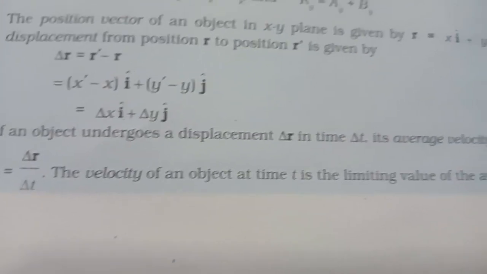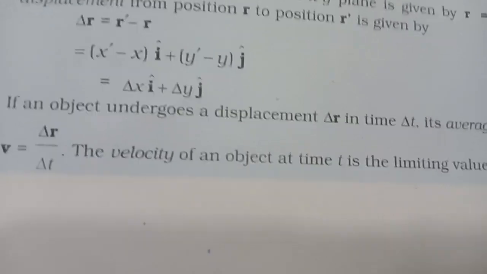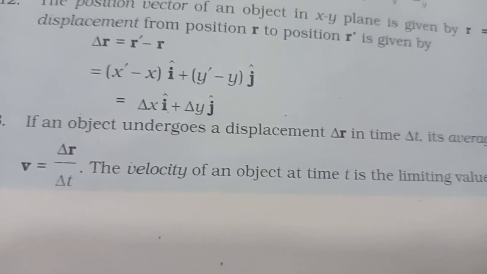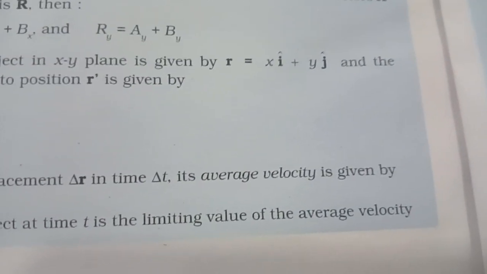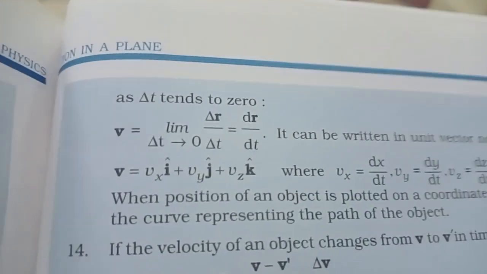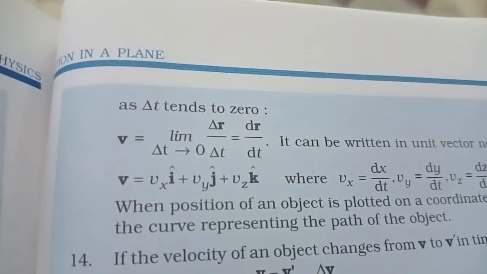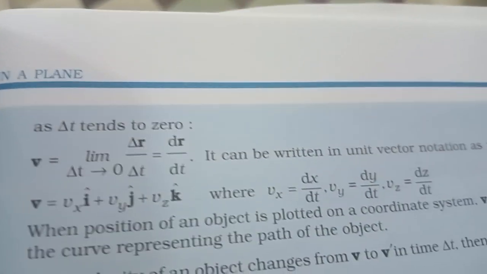If an object undergoes a displacement delta r in time delta t, its average velocity is given by v is equal to delta r upon delta t. The velocity of an object at time t is the limiting value of the average velocity. As delta t tends to 0, v is equal to limit delta r upon delta t is equal to dr